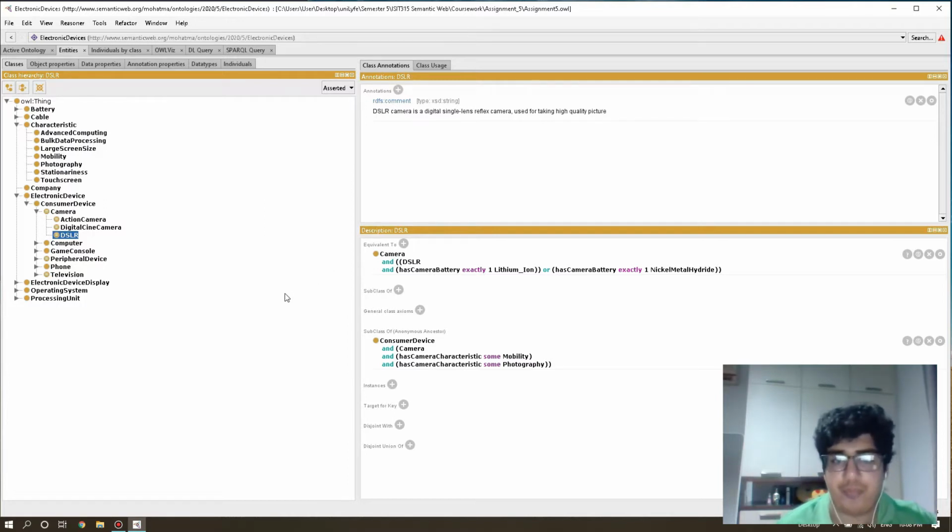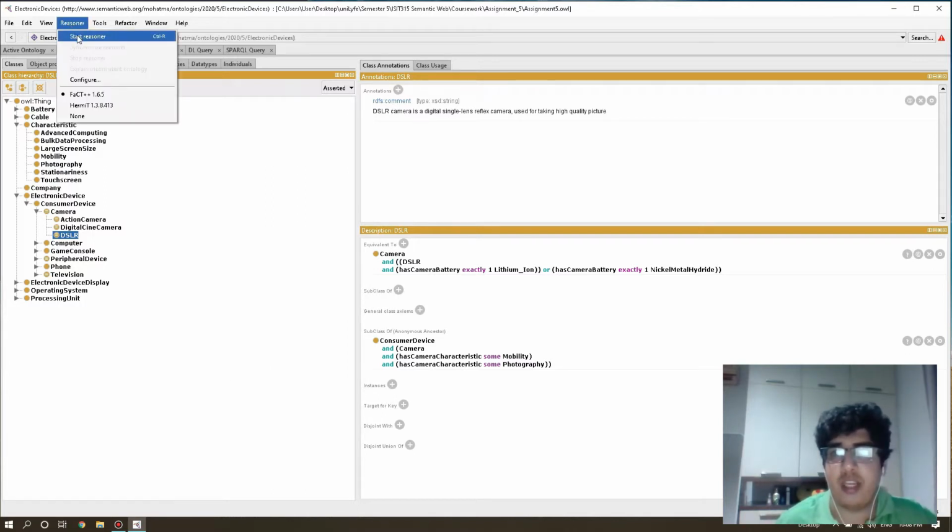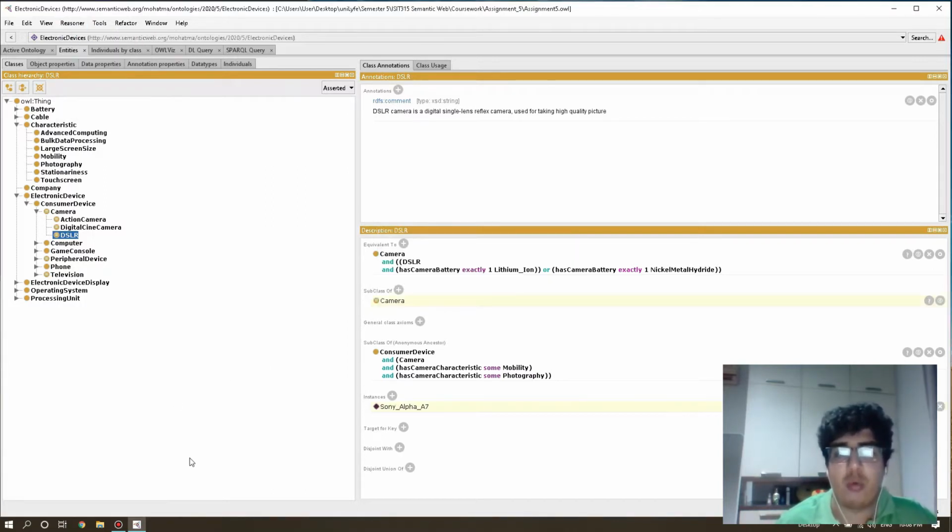the action camera. And under here we can see some characteristics which are defined similar to the action camera, such as mobility and photography, so that we can know that these two are cameras. However, they are distinguished through the different types of battery that they contain. So if I run the reasoner here, it will infer some knowledge as well, whereby it's showing that the Sony Alpha 7 A7 is an instance of the DSLR subclass. So now when I run the reasoner here, it shows that the Sony Alpha A7 is an instance inferred from